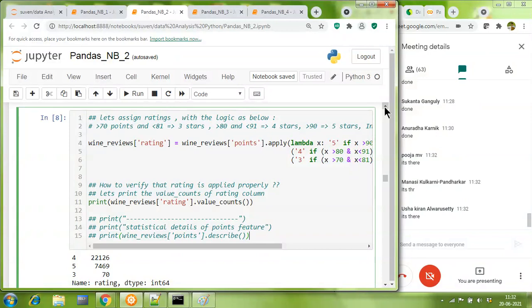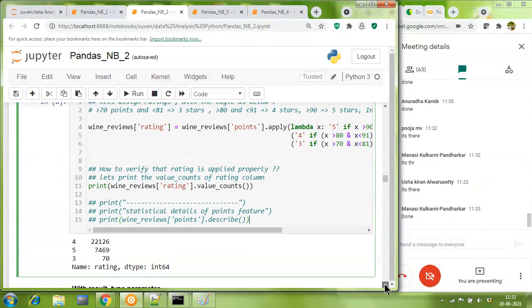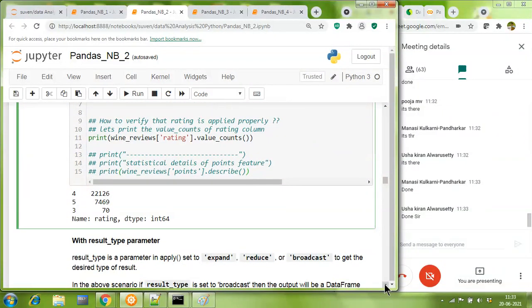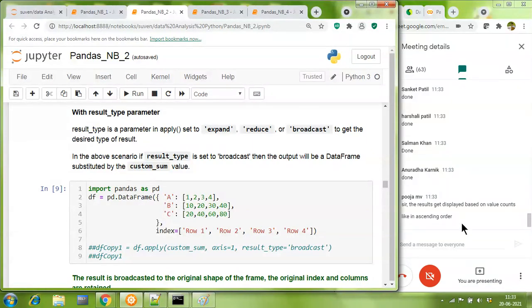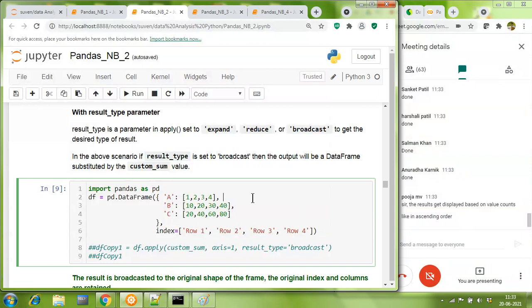Okay, great. So friends, as the code is there, I'm expecting now that you should run this code, because by now your data would have also got uploaded. Yes, Pooja, you are absolutely right, but in descending order.